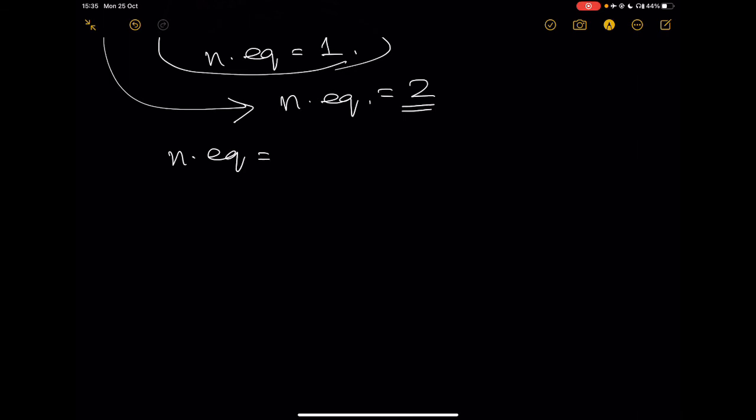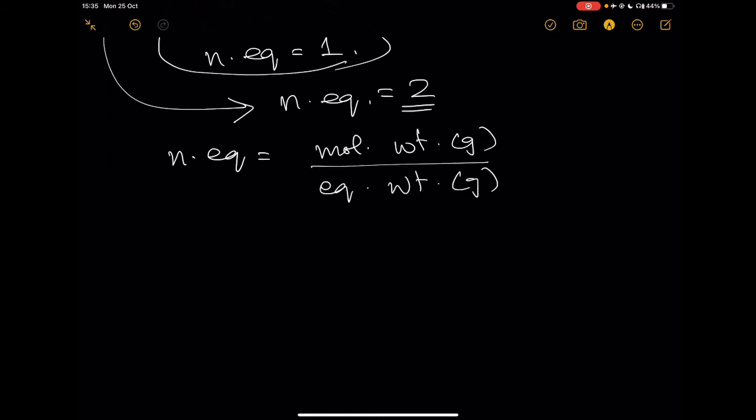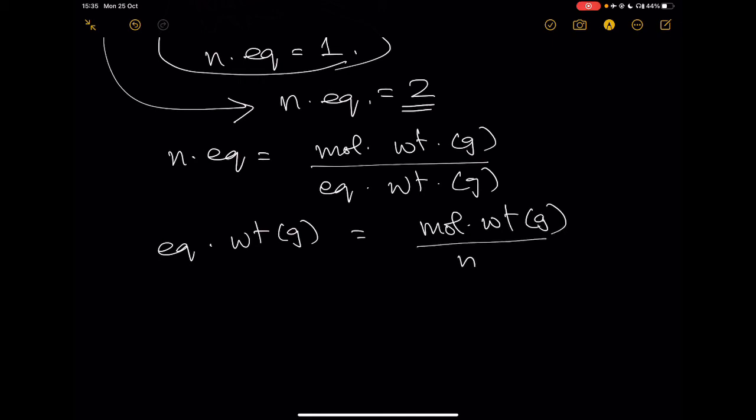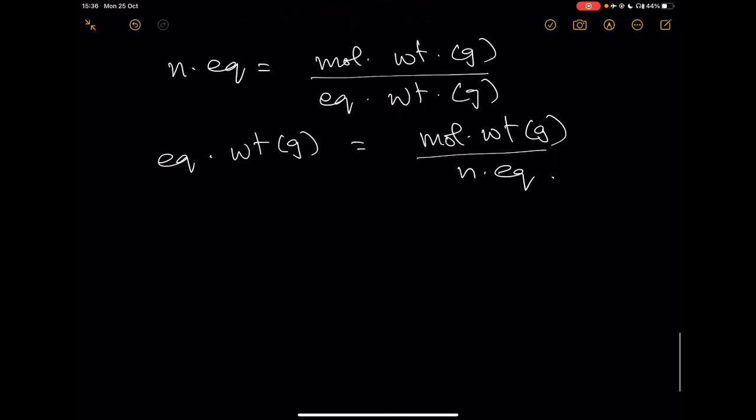Number of equivalents could also be defined as the molecular weight in grams divided by its equivalent weight. Once again, these are all definitions that are written back and forth, meaning that the equivalent weight for a given chemical is going to be given by molecular weight divided by the number of equivalents. So far what we have done is to just define the number of equivalents for acids and bases. Let's take some other example now.